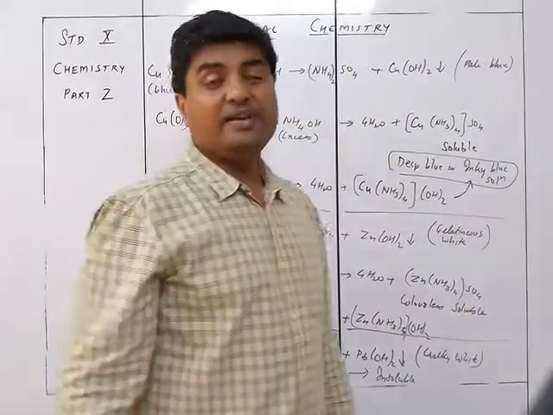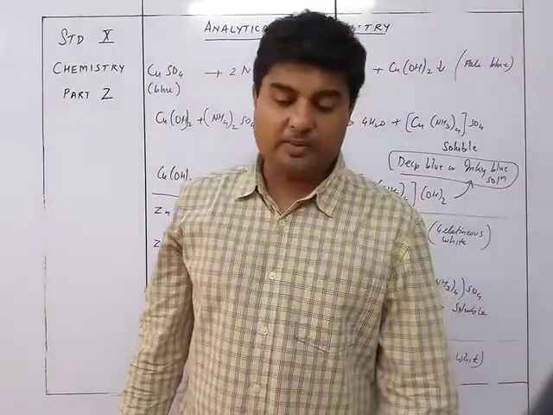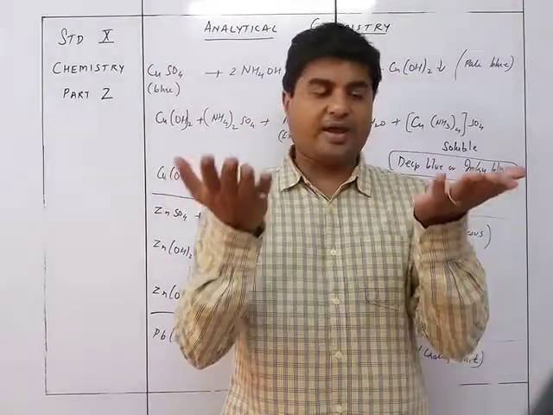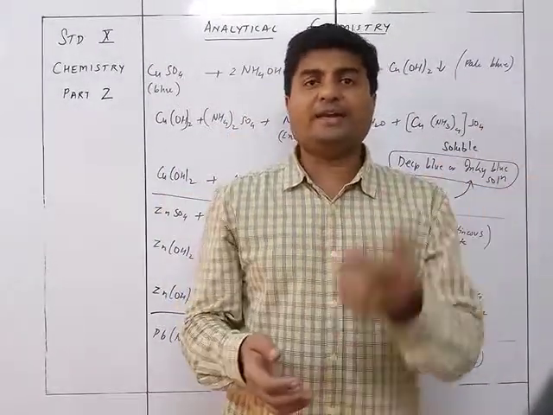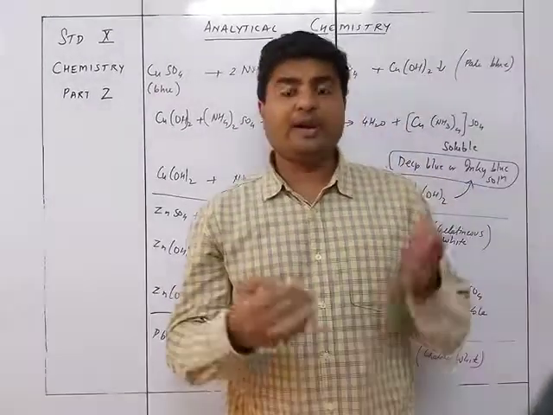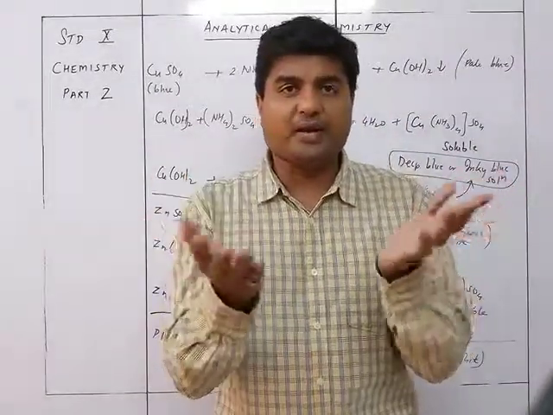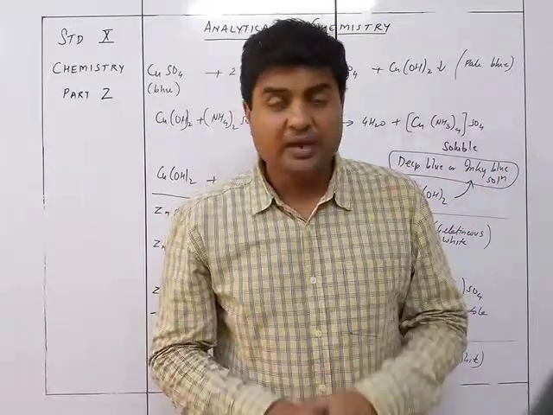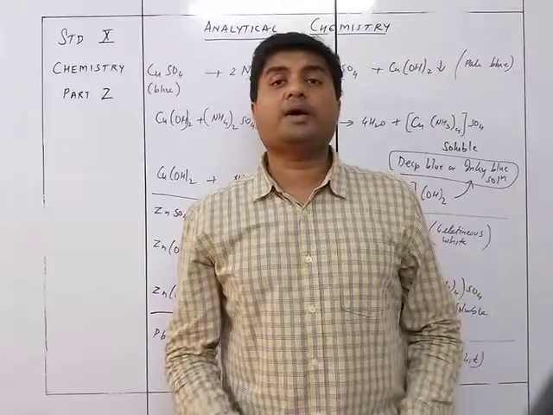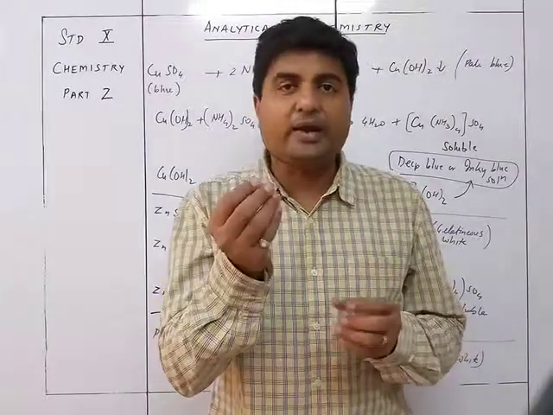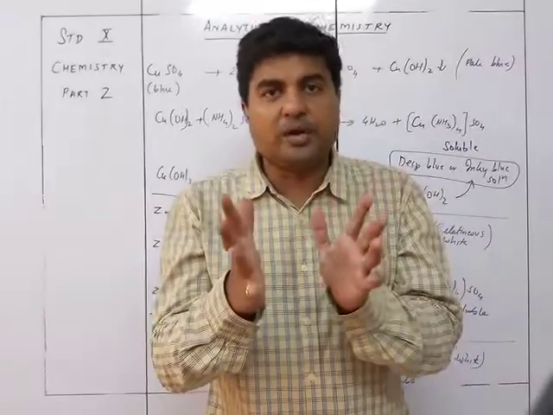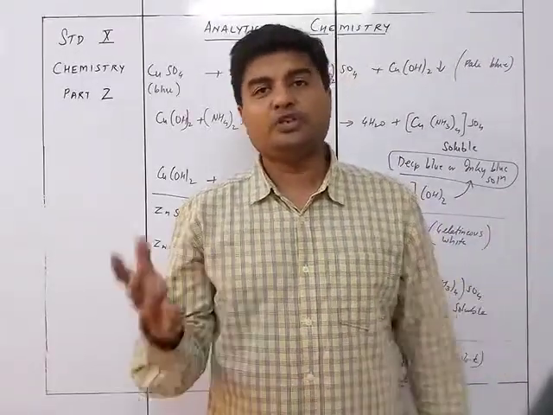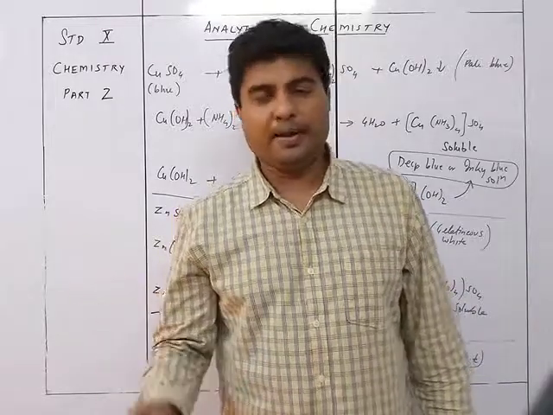So that's why we see the identification, whenever I want to identify, if I want to differentiate between two salts, so I am given two white salts, one is a lead salt and other is a zinc salt. So if I have a lead salt and a zinc salt, both white in color, how will I identify? So I am going to use excess amount of NH4OH. Because both give white, gelatinous white and chalky white, actually identifying is not possible. Okay, I cannot say, oh the one that gives gelatinous white is zinc and the one that gives chalky white is lead.